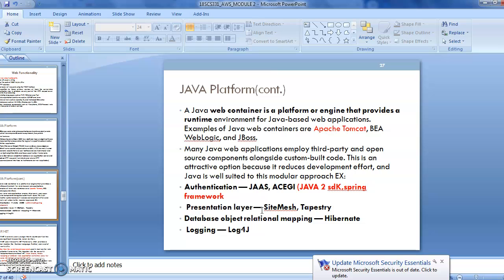Then Java web container. So as we know, Apache Tomcat is a well-known web server that contains a lot of built-in functions like third-party software. It contains some embedded components. So the user has no need to install the required software to develop their application.